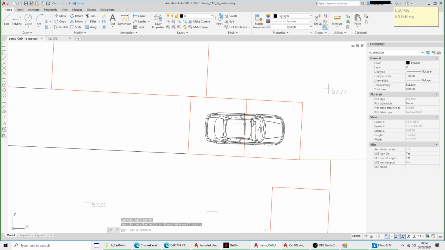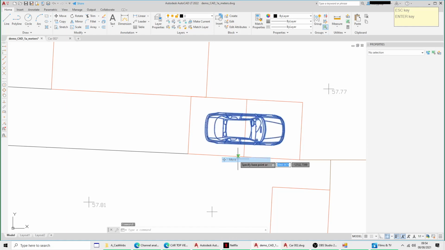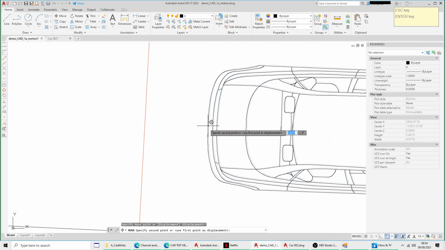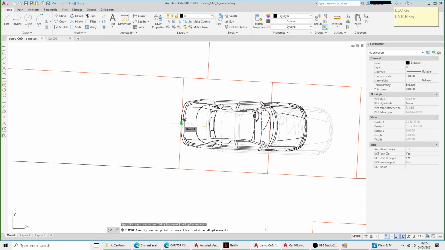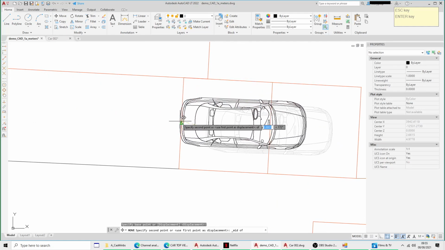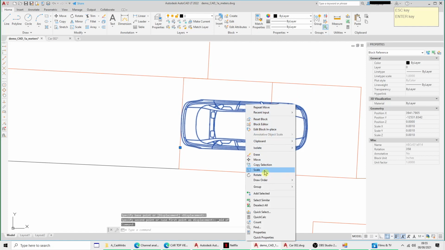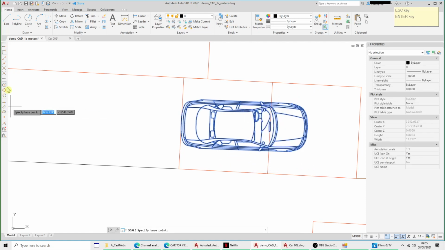So let's suppose I wanted this car to be scaled up so that it exactly fitted this garage. I mean, you wouldn't want to do that, but just for the purposes of this demo. So if I just move, pick a point there, pick a point, I'll pick the center point on the garage. So then I'll click scale. Base point will be the center of this line,